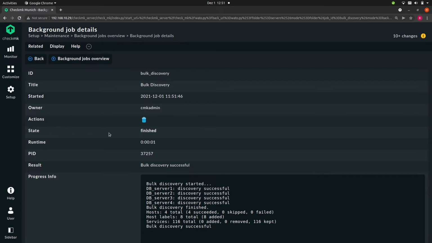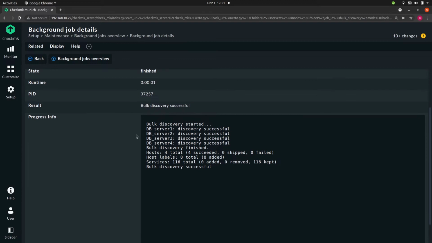When it's ready, the state, like here, will go to Finished. And down here, you'll see a summary of everything that has been discovered. So it discovered a total of 4 hosts, a total of 8 host labels, and a total of 116 services.